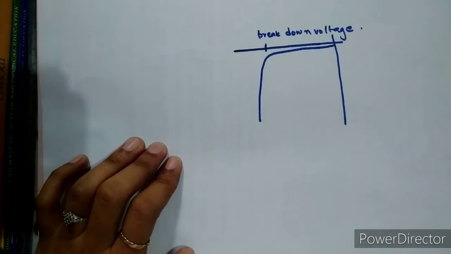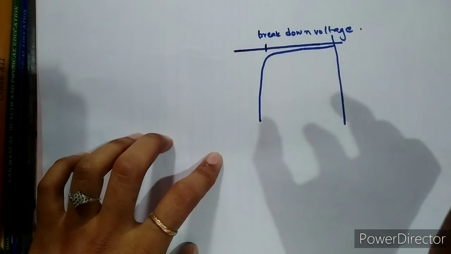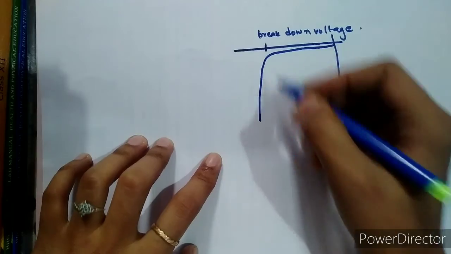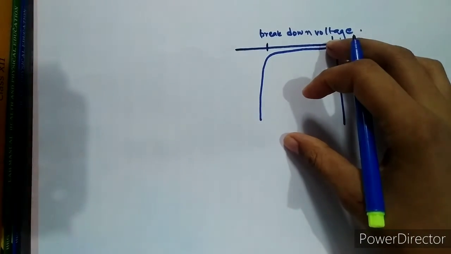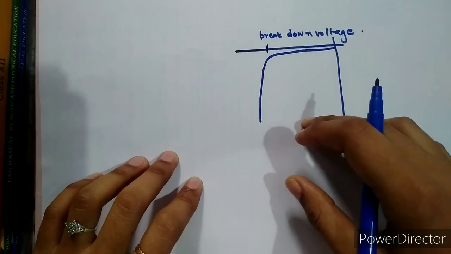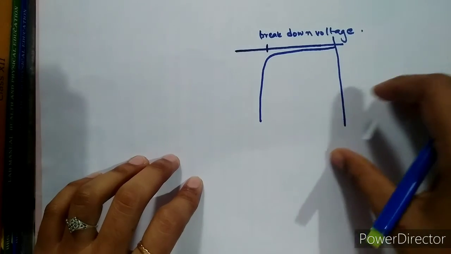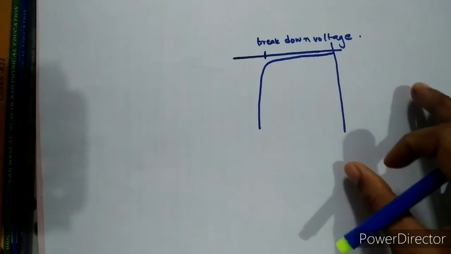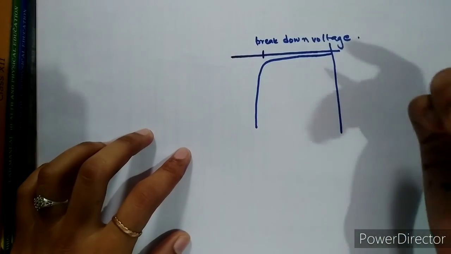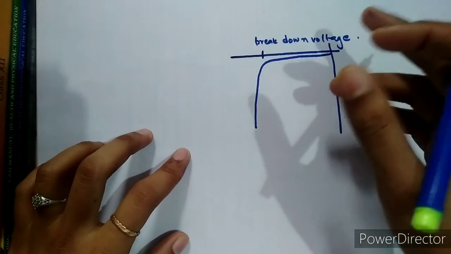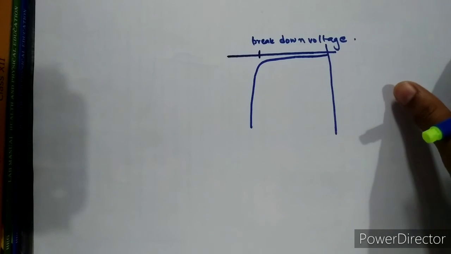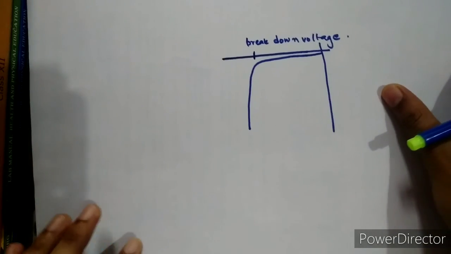We can say that in reverse bias, till the breakdown voltage the current is constant, and then it increases rapidly by a very large amount. As it cannot bear the sudden increment in the current, it is said to be fused. So due to the breakdown voltage, we cannot construct an LED for reverse biased mode. So this is all about LED.